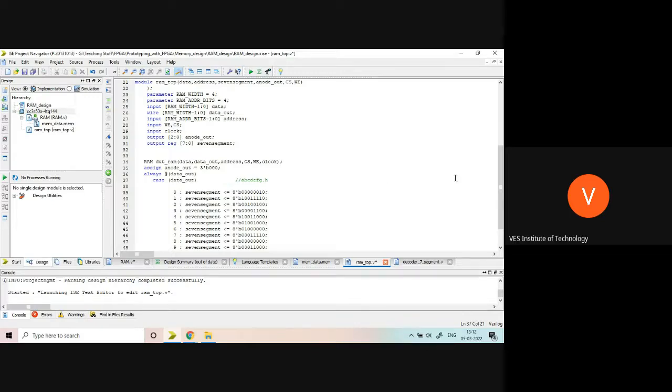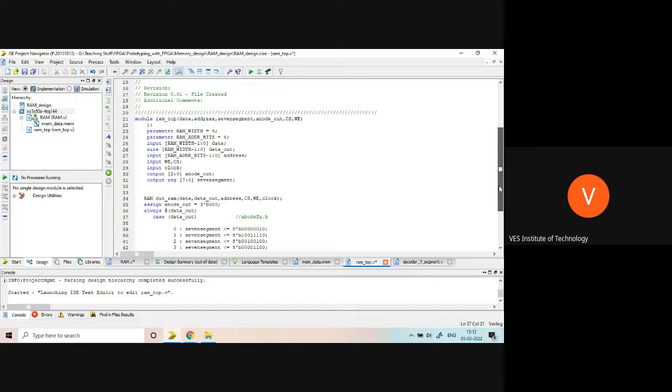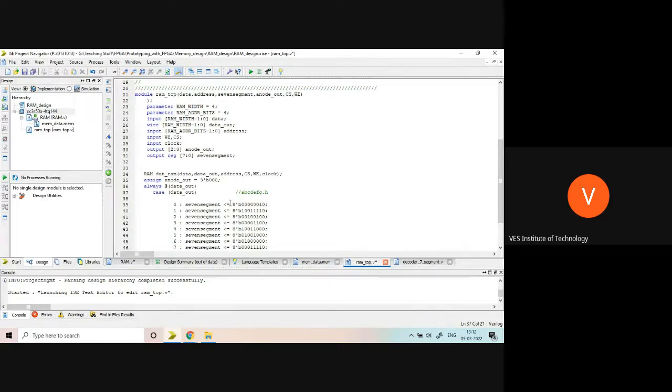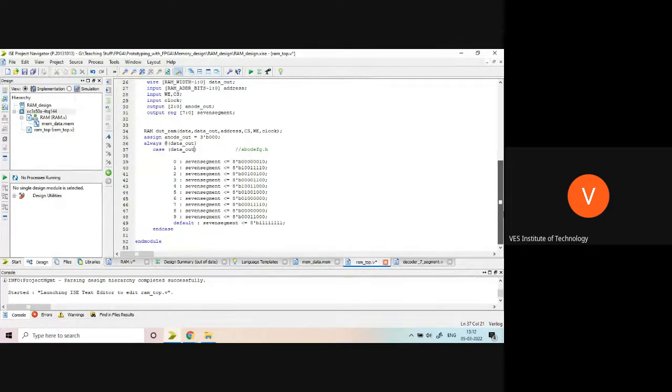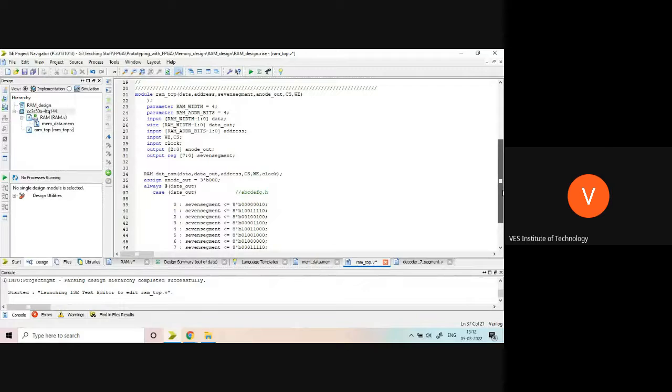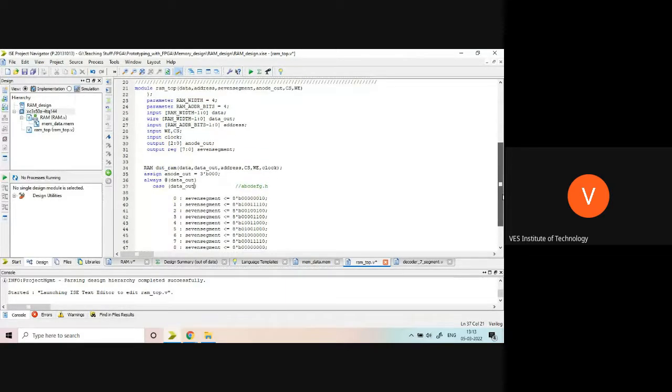Is the idea clear to everyone now? Have you all got the idea of what I am doing? So now according to the data out, everything will change. Okay, we'll see now. Our code is ready. See this. You can see the whole code. So I will wait for 2 minutes. If you have any query related to this code, please tell me. I will synthesize that code till then.